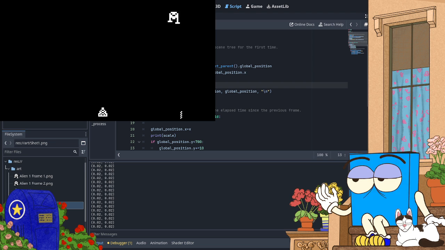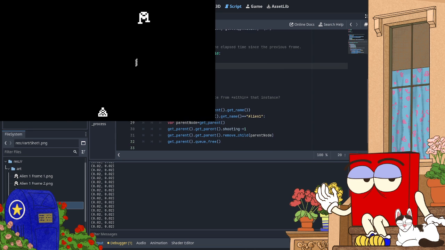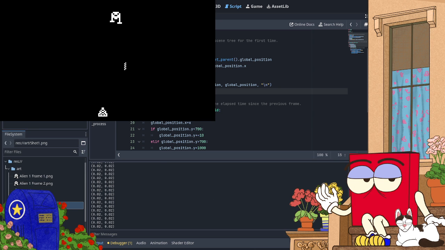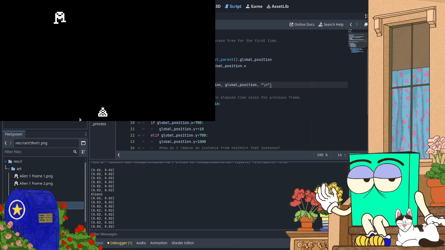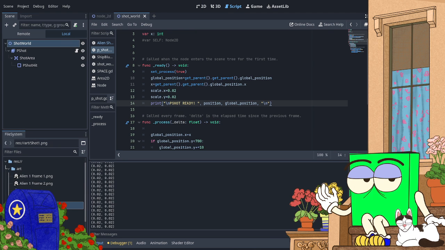Now I have to get rid of a lot of those print statements because they're making a mess of my debug. I don't need that. Got ready in there. To, well, first let me hide that. We don't need that. So when I hit stop, it won't turn that into something weird.